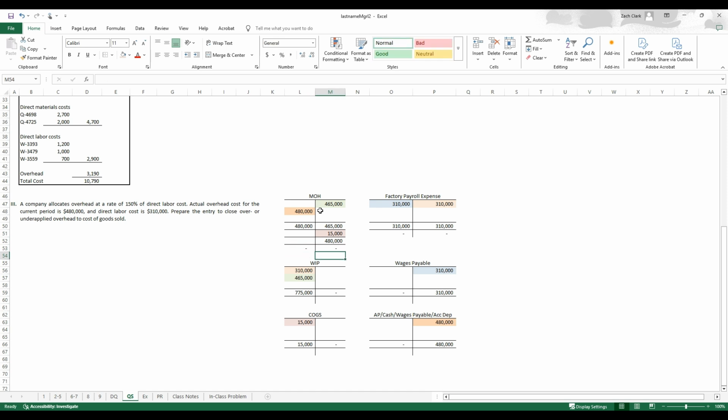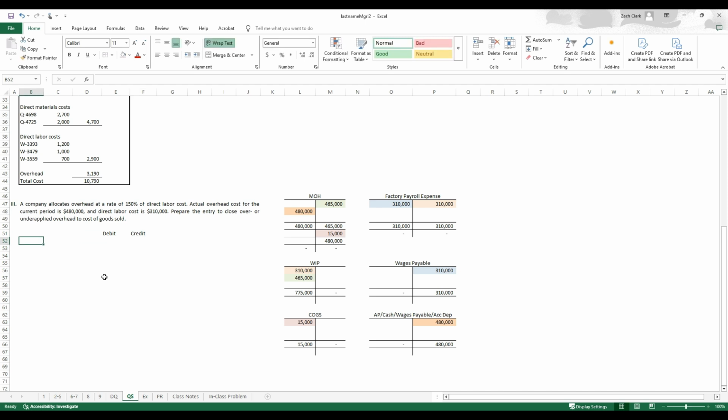Maybe I'll just do that for you guys to see, because we've got 480 on the debit side, 480. So additions and decreases takes us to zero, and we've moved that $15,000 little last piece to our cost of goods sold. And then if we want to do our journal entry here, I'll make a debit